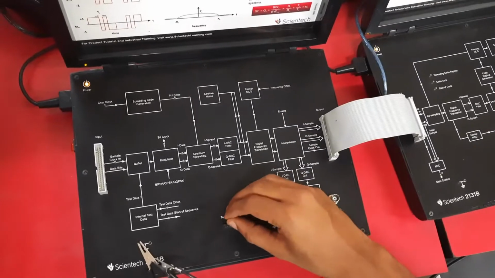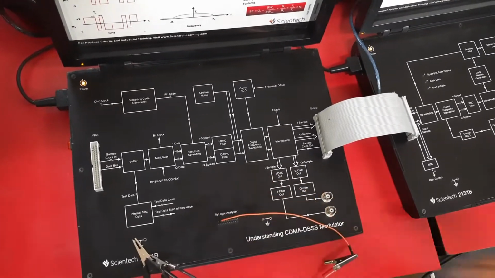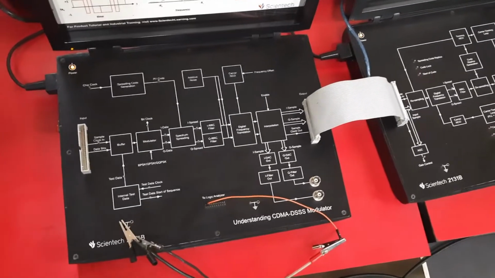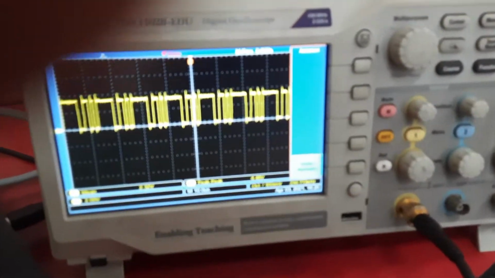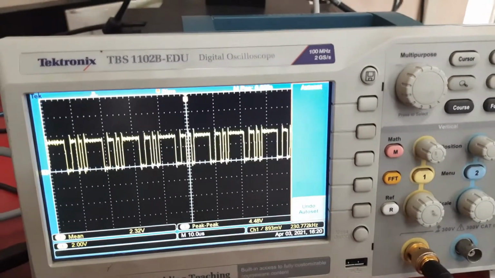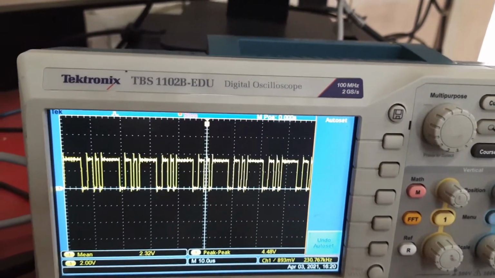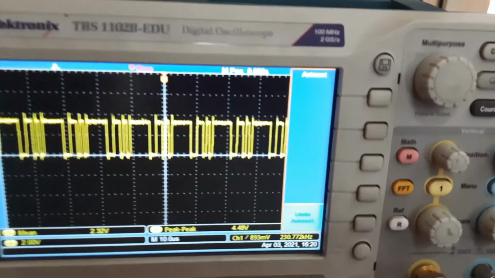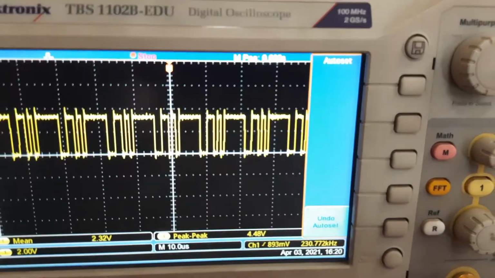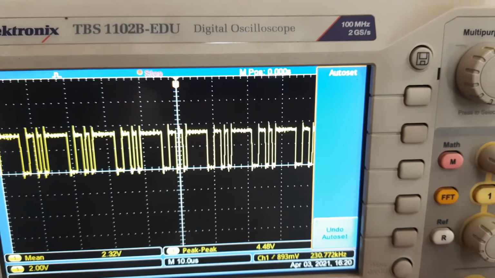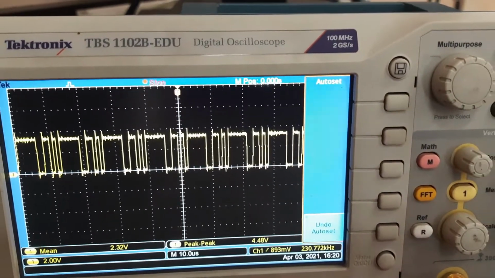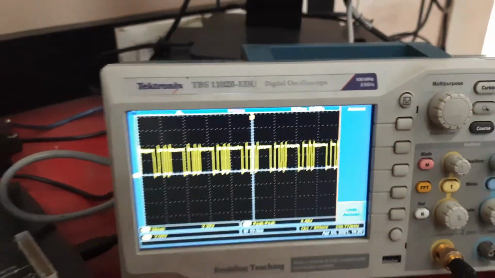First we'll see the PN code. The PN code looks like this. You can see here that earlier the 11 bit was there, now it's 13 bit. So more bits are present in this. If you measure this, there are more chip bits present here. So the spreading of the signal is more here.